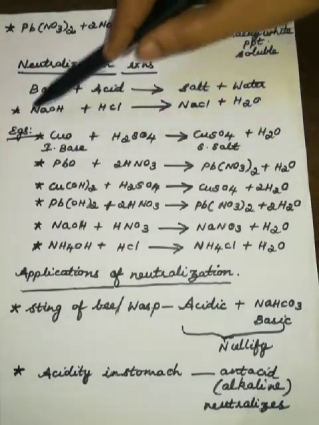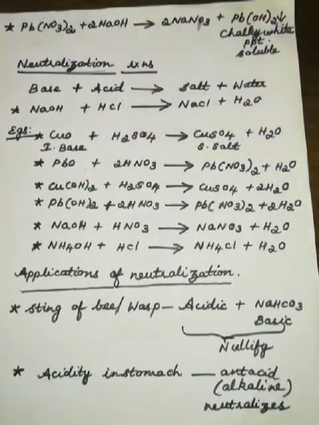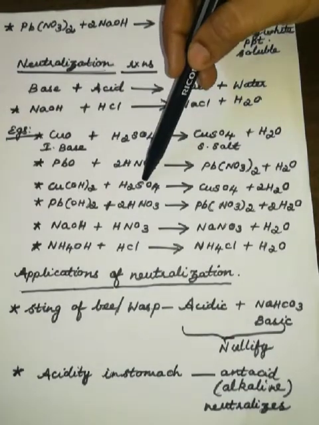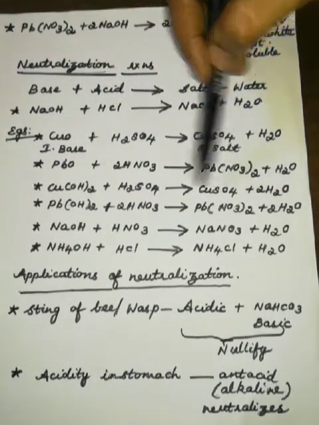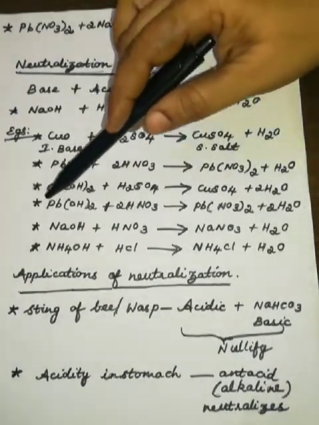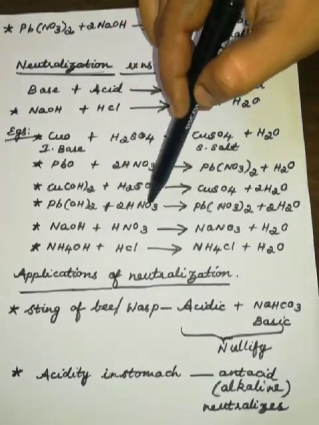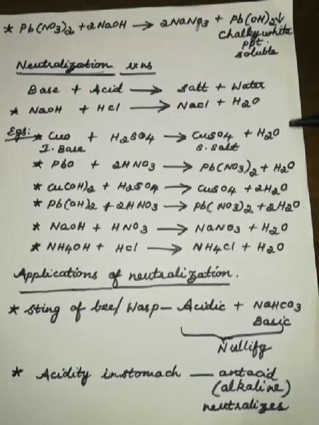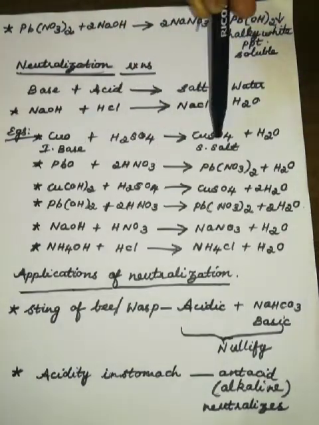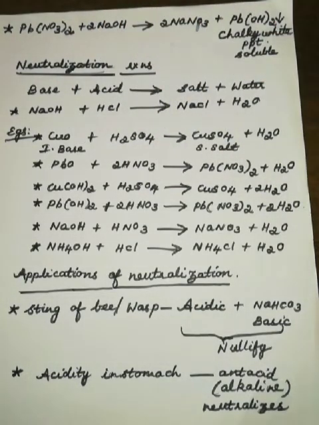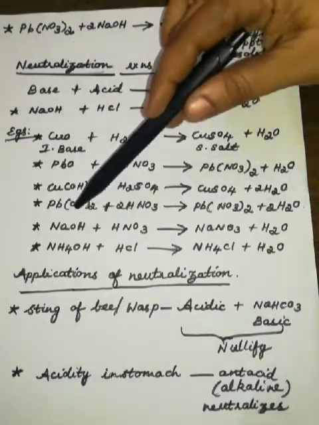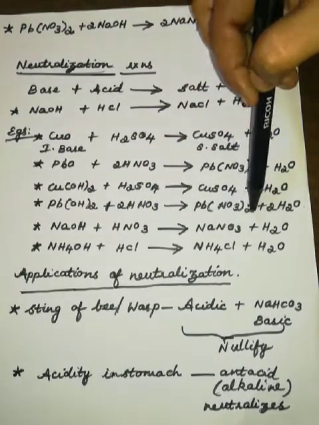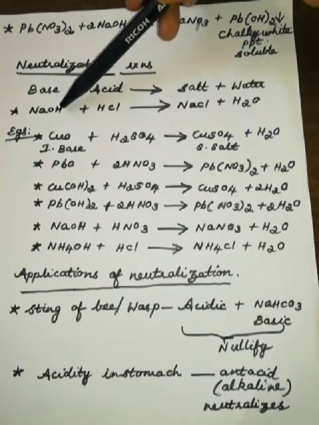So we have seen oxides of metals. Let's take hydroxides of a metal like copper hydroxide and lead hydroxide, treated with a different acid like dilute sulfuric acid; copper sulfate is formed and water is a product. In the case of lead hydroxide with nitric acid, you get lead nitrate and water. So when you look at all these reactions, a base with an acid gives salt and water. Let's see a general reaction like sodium hydroxide with nitric acid, that is sodium nitrate and water. Then ammonium hydroxide, a different base which I am using here.